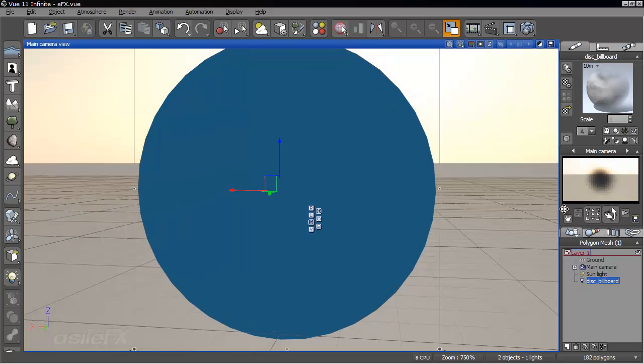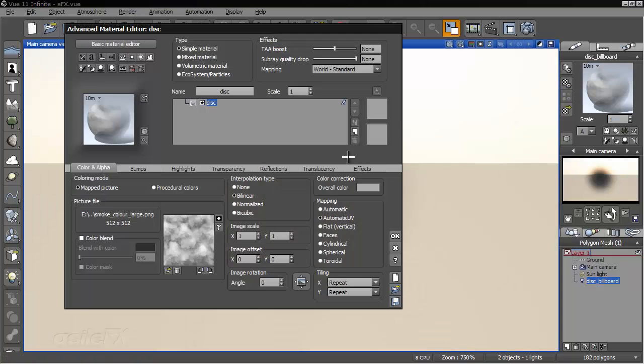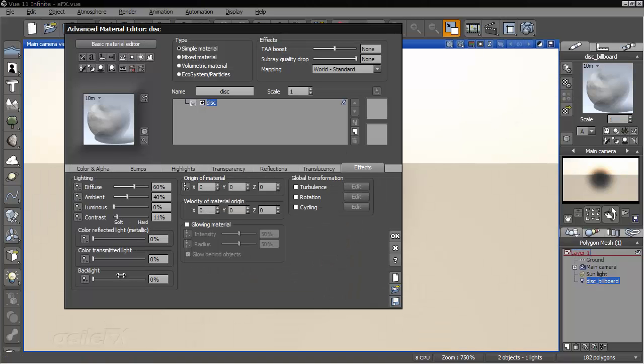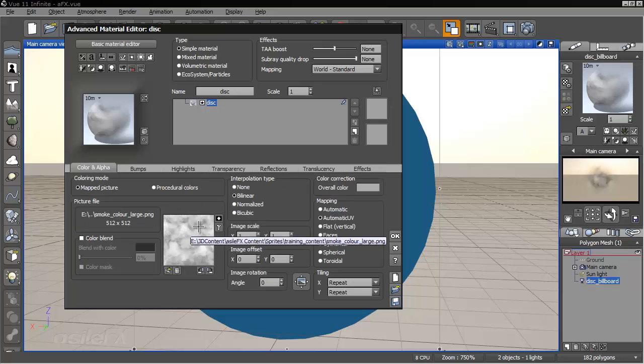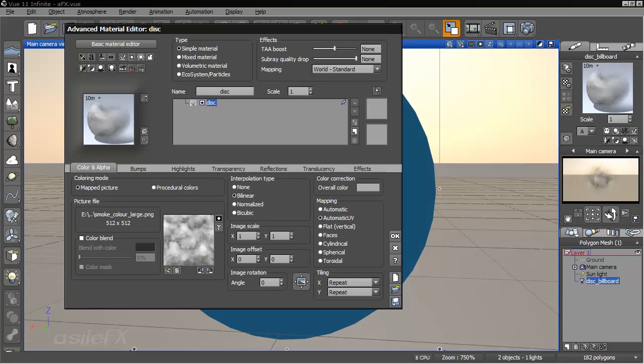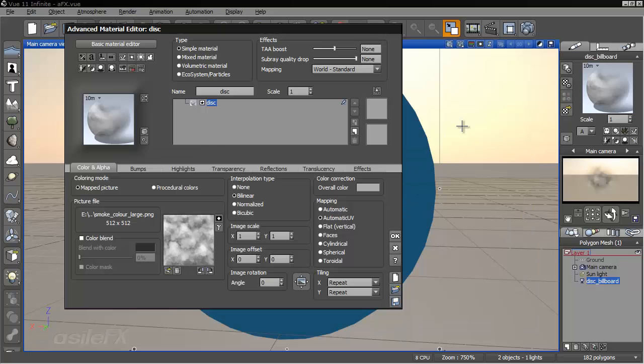What I'm also going to do is, if we go to the back and look, we don't really see anything coming through. So what we want to do is also set up a backlight. Now, because of the way the color map is set up, and one of the reasons why I have an extra color map that has the black edge around it, is it'll help with the backlight to remove any edge highlights that'll show up,